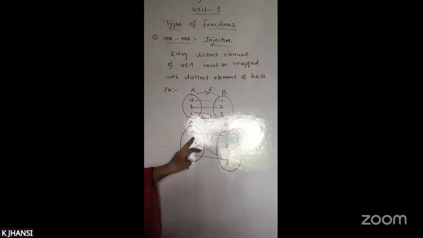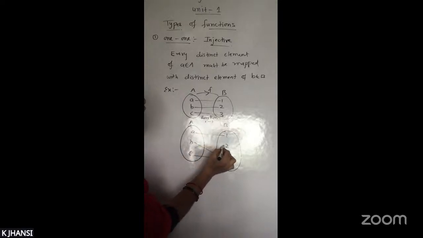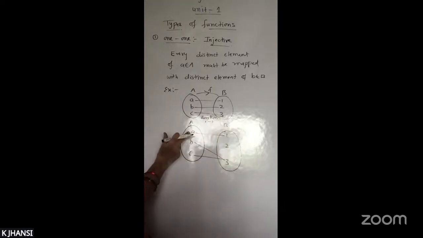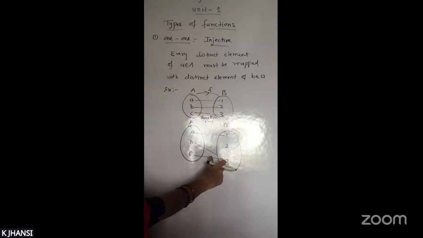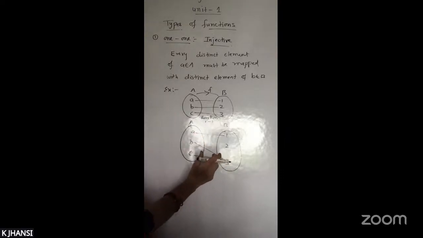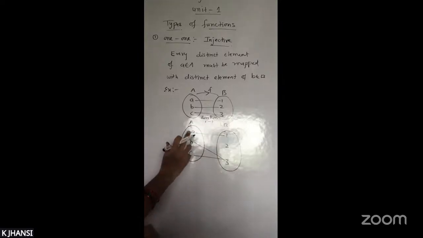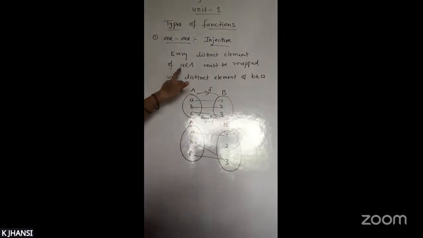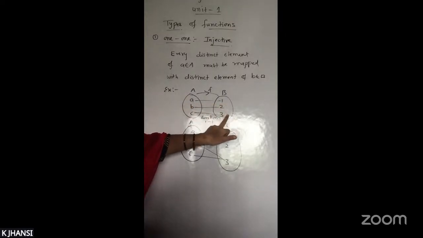Also, if a is mapped to two elements in set B, then we will not call it a function. But two elements can be mapped to one element in set B. That is the condition. This is a function, satisfying the condition of a function, but it is not a one-to-one function. What is the definition of a one-to-one function? Compulsorily, distinct elements of set A should be mapped with distinct